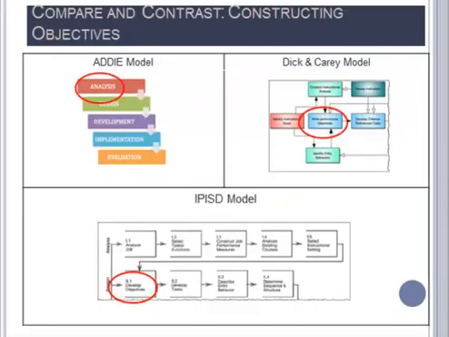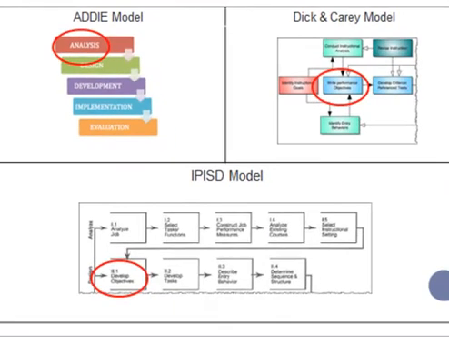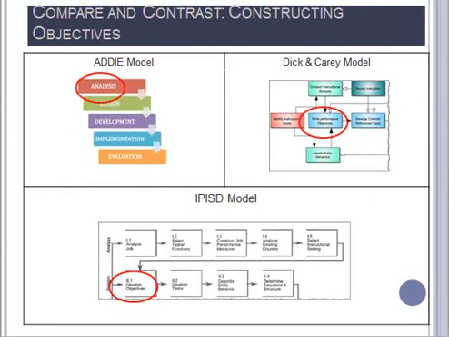The greatest area of contrast between all three models is in which stage objectives are constructed. The ADDIE model includes objective construction in the analysis stage. The Dick and Carey model, on the other hand, provides an entirely additional stage to write objectives. This additional stage is dependent on the analysis stage, which is similar to the analysis stage in the ADDIE model. The IPISD model pushes the construction of objectives to the design stage after constructing performance measures and analyzing contextual background